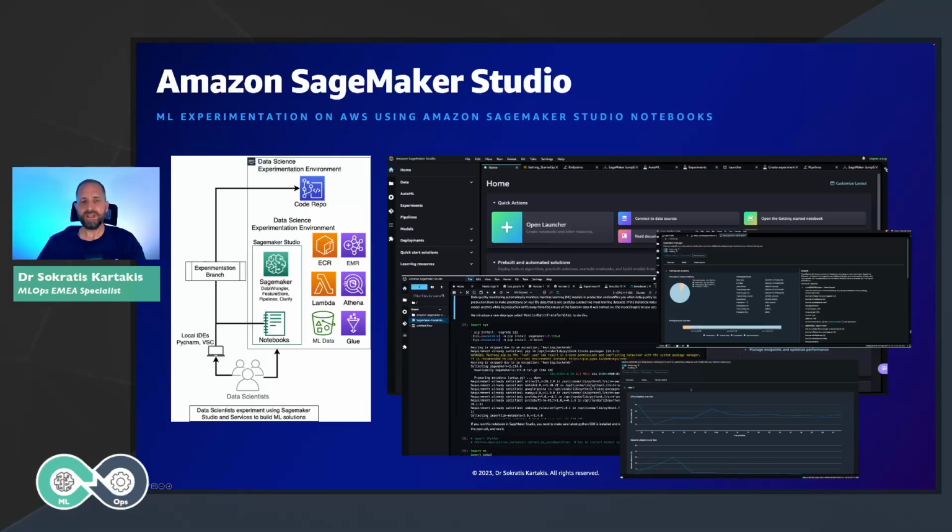But how can we set up a SageMaker Studio? In order to set up SageMaker Studio, the only thing that you need is to define a SageMaker Studio domain. A SageMaker Studio domain is nothing else than a set of IAM policies and roles that says SageMaker Studio will have access to these different services, for example, Lambda, Glue, depending on what the data scientist wants to use, or to the specific bucket that we have